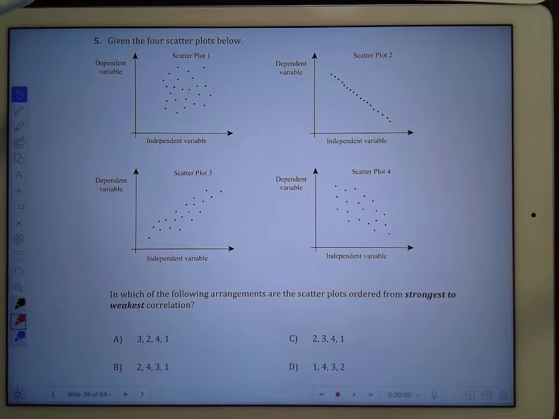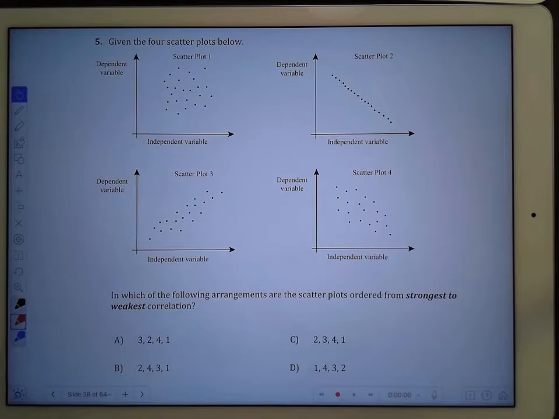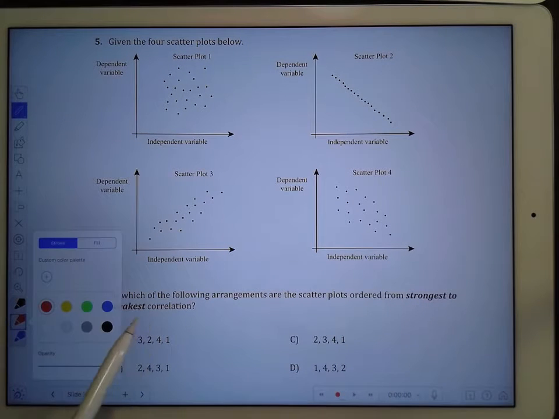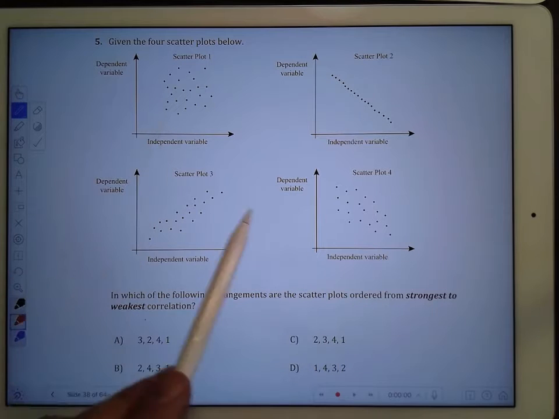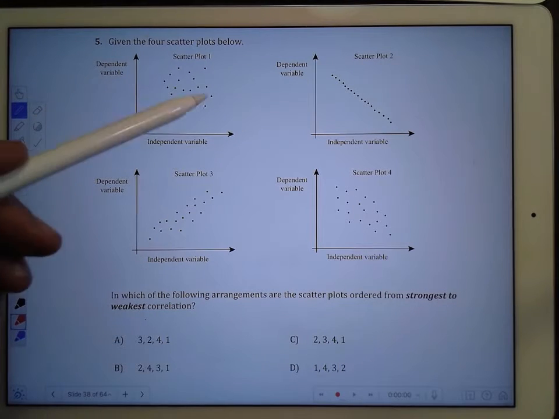Hey, so we're looking at correlation coefficients. This is question number 5. Given the 4 scatter plots below, in which of the following arrangements are the scatter plots ordered from strongest to weakest? We're looking here for identifying which of these 4 show a really strong correlation and scale them back until